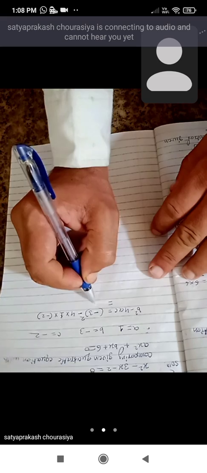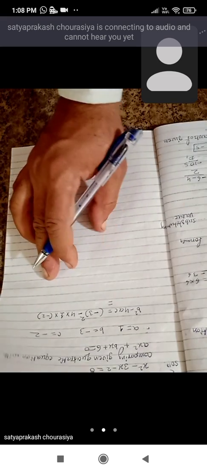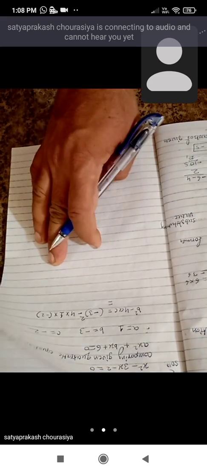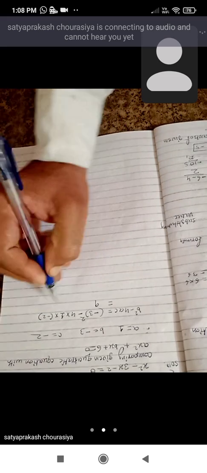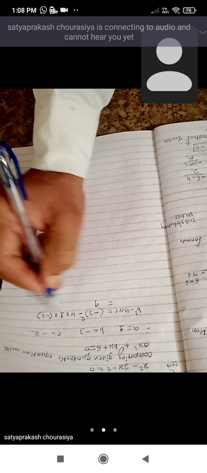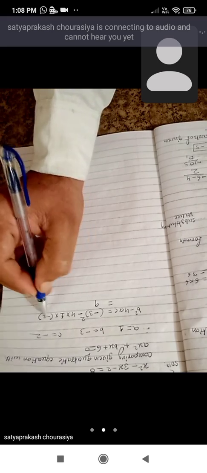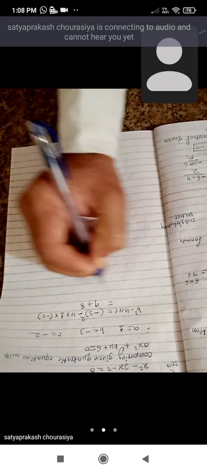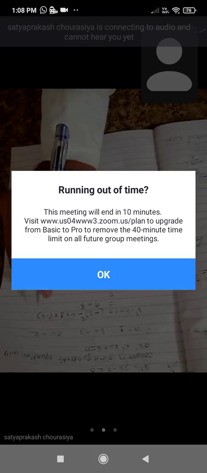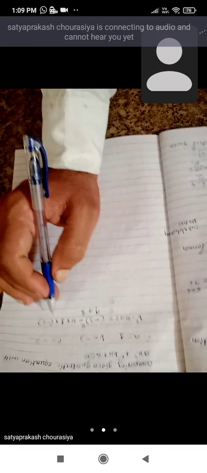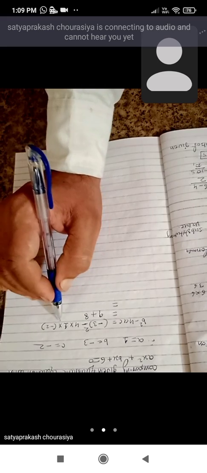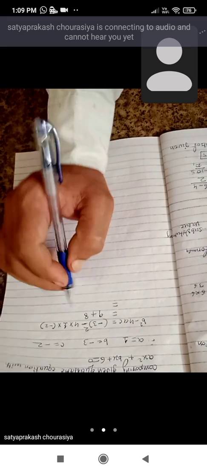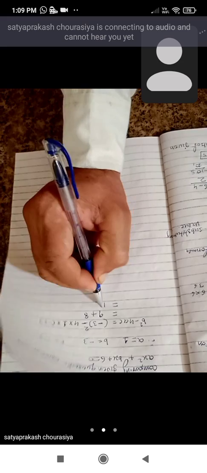So this is equals to square of -3. Now you know that the square of a positive number as well as the square of a negative number is always positive. The square of 3 is 9. And here 4 1s are 4, 4 2s are 8. So minus will become plus, because -4 into -2, 4 2s are 8, and this minus on multiplication will become plus. 9 plus 8 is equals to 17.